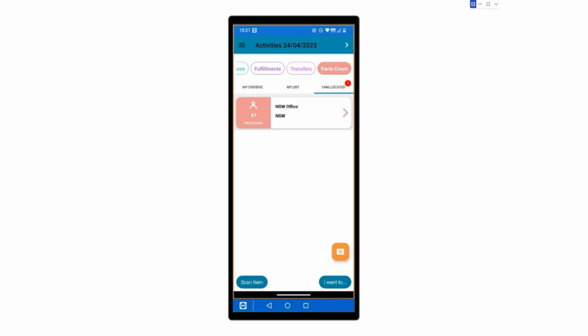Moving across to the mobile app, we can now see the parts count activity card appearing on the unallocated list. It has its own parts count filter to easily allow you to filter for these parts count items. One thing to keep in mind is each warehouse within a Stocktake will appear as its own card. So in the example of a singular branch or location, there could be the warehouse where all the parts are